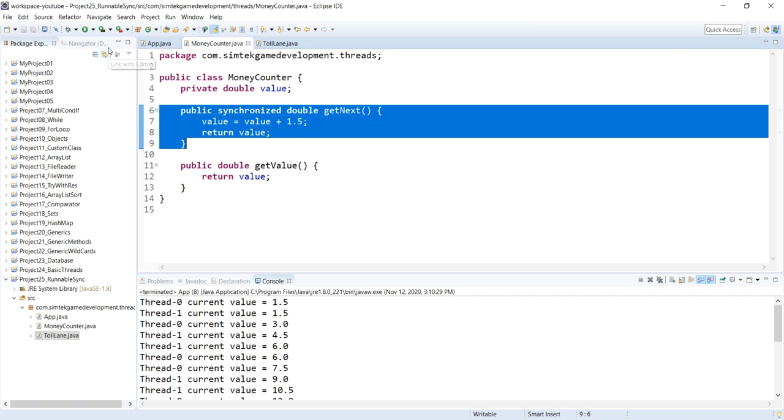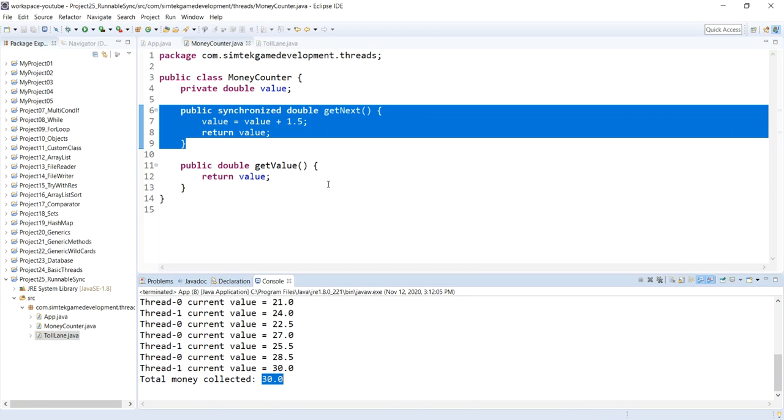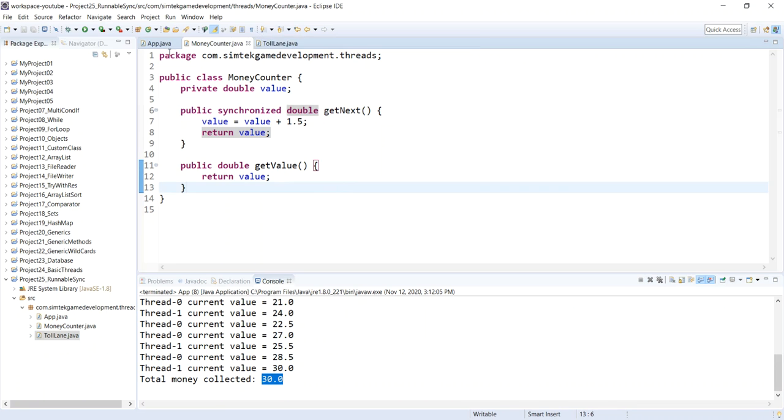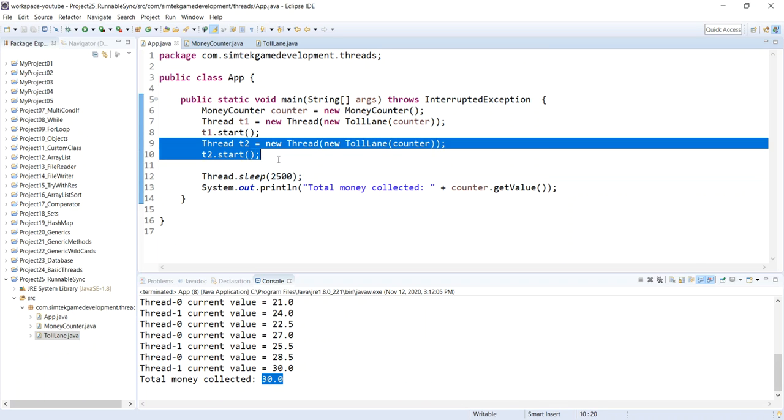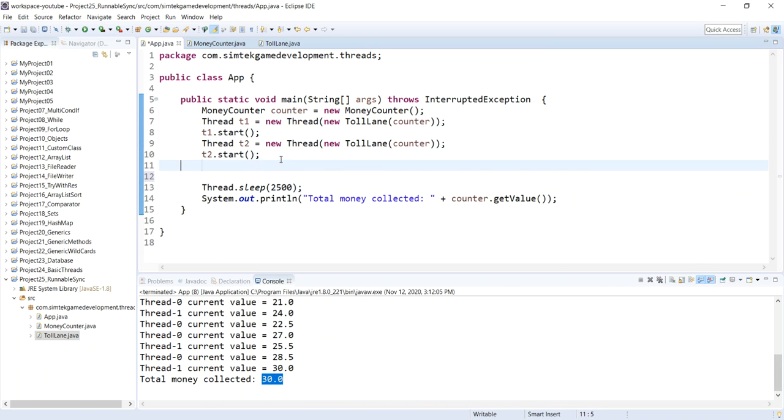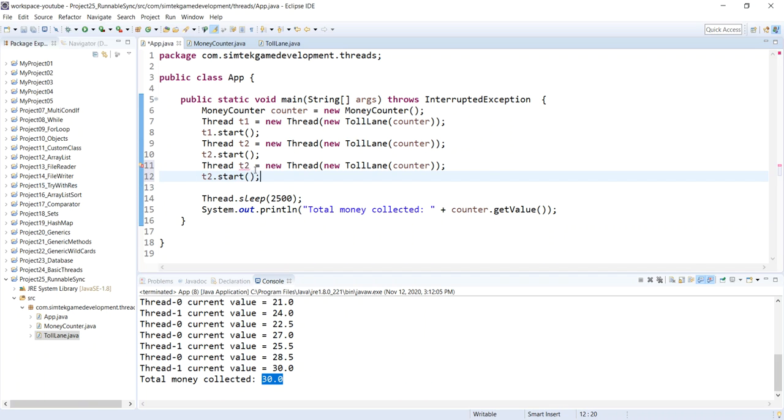It wasn't very hard. Wait till we get into like threads blocking each other. That's even harder. So look at that, 30 bucks, looking good. We did not get fired for producing bad code. Let's add another thread just to see if it works. For 3 threads, right? I have a T3